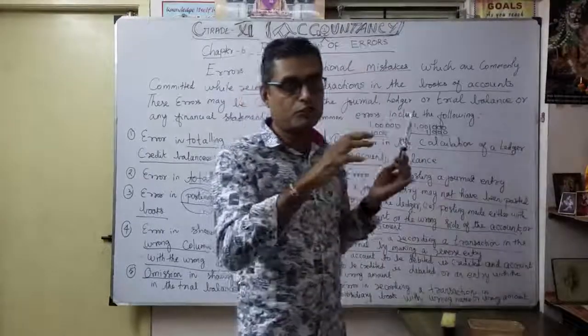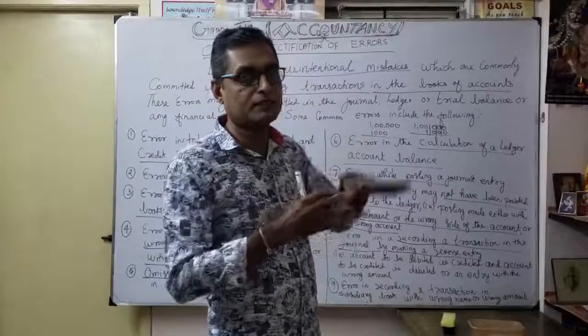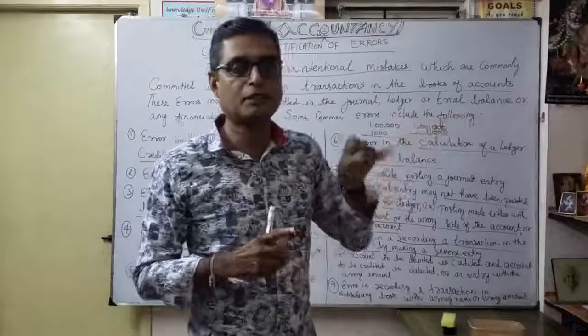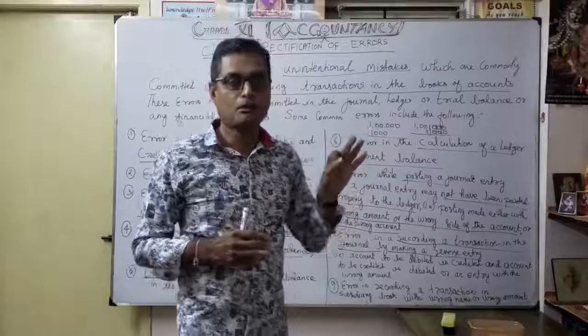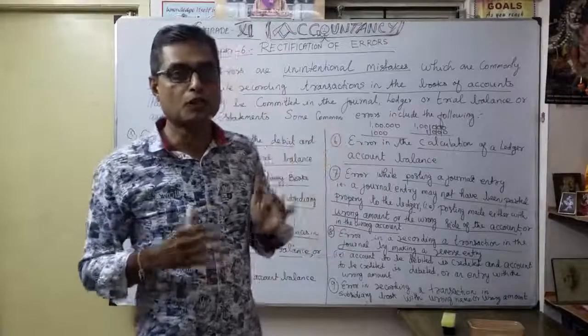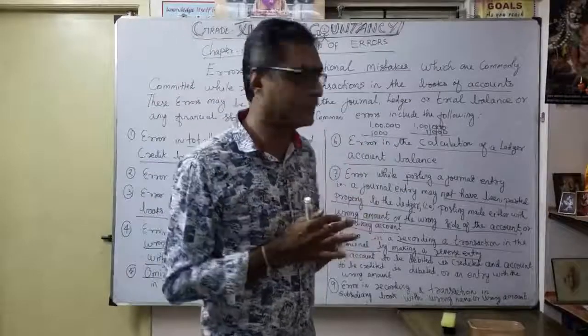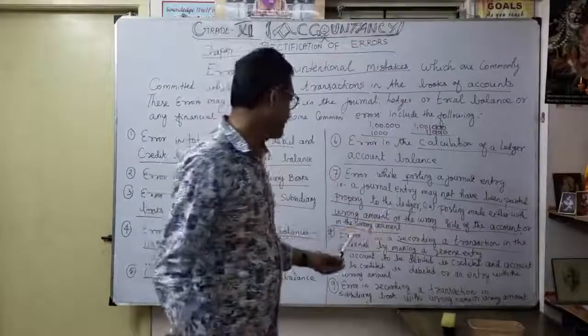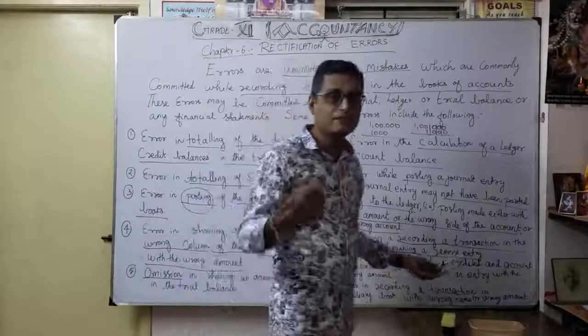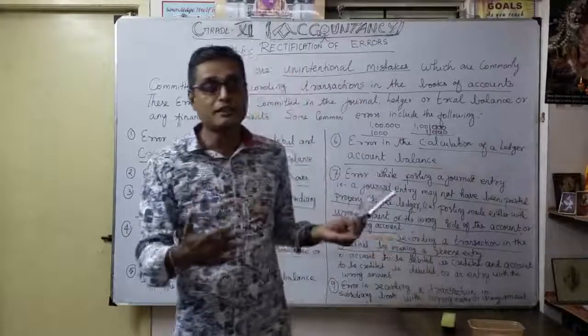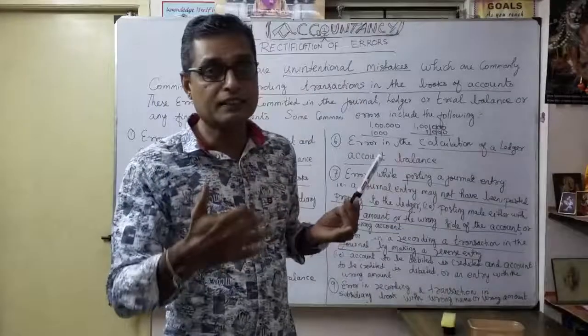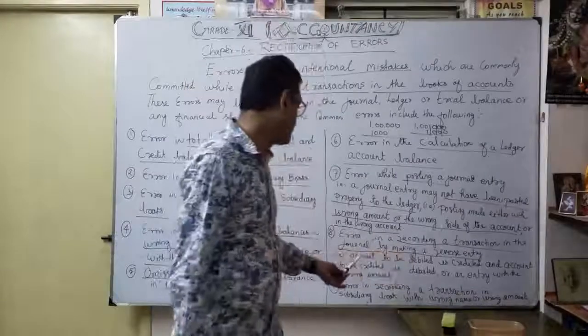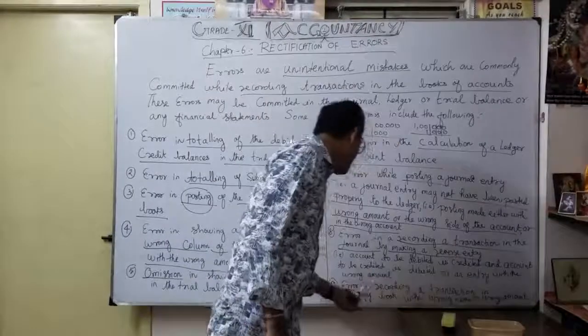Once you understand the business activities, whether it comes under the three types of account, personal account, real account, nominal account, based upon the rule, you form the journal entry. So once you are recording the transaction from the business activities in the journal by making a reverse entry, that's what they are trying to say. Instead of debit, we did a credit. Instead of credit, we did a debit. That's what they said. Or an entry with the wrong amount.